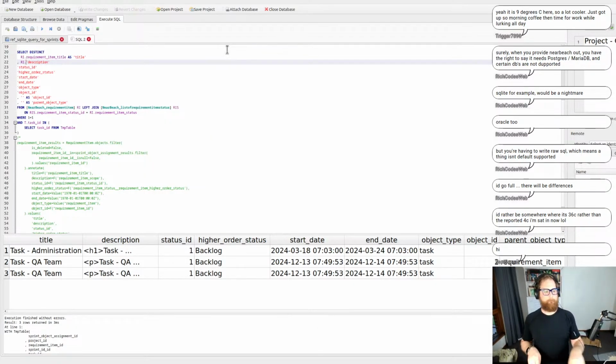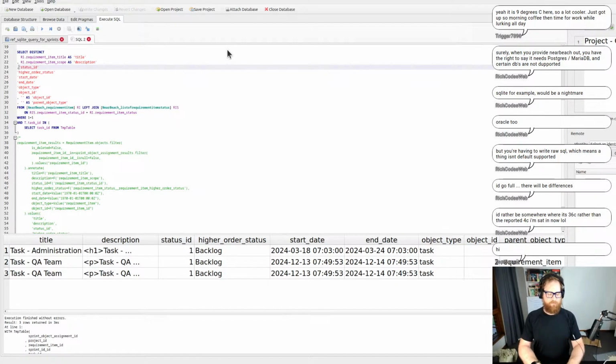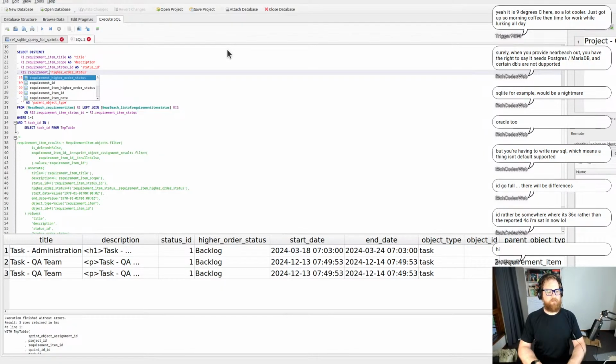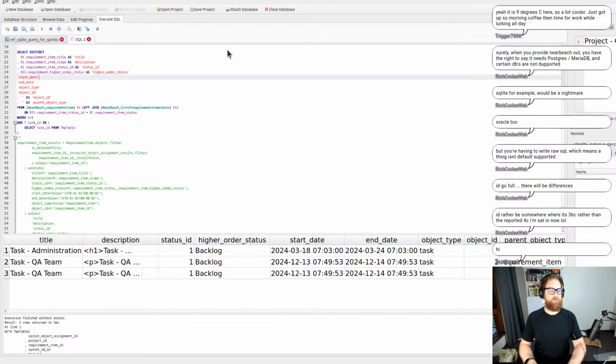So, yeah. Alright, the description would be requirement item scope. So there is one where it's once again different, because when we're looking this up, everyone's like, yeah, it's going to be the scope. However, yep. Requirement item status ID as status ID. This one will be that dot requirement item higher order status as a higher order status. This one will be RIS dot